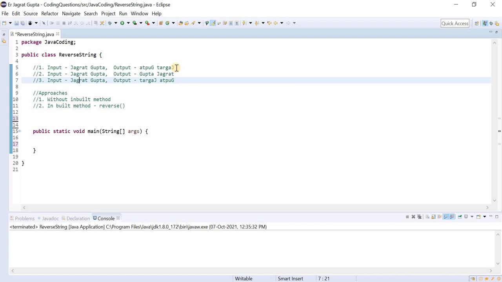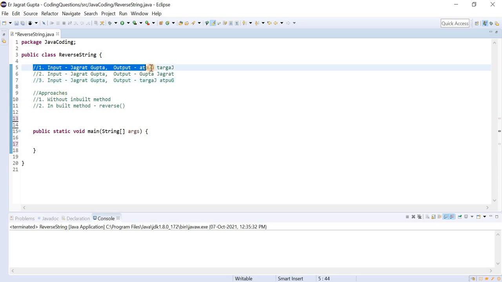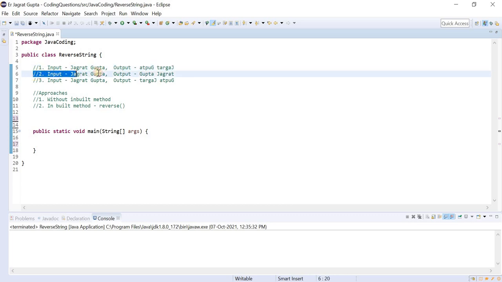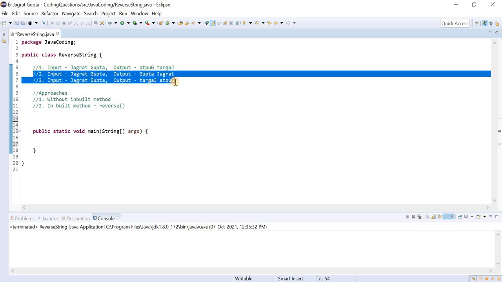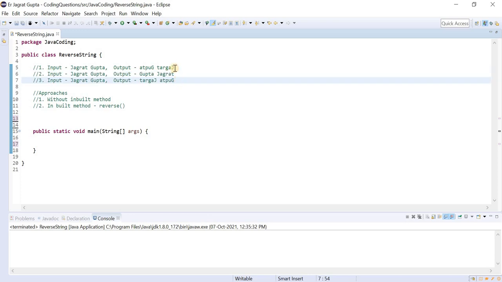So this is all about the variations that I told you. Now let's proceed towards the approaches. Just for the information, in this session I will cover the first variation only, and its multiple approaches, and in the subsequent sessions I will cover the second and third variations. So let's concentrate on the first variation.